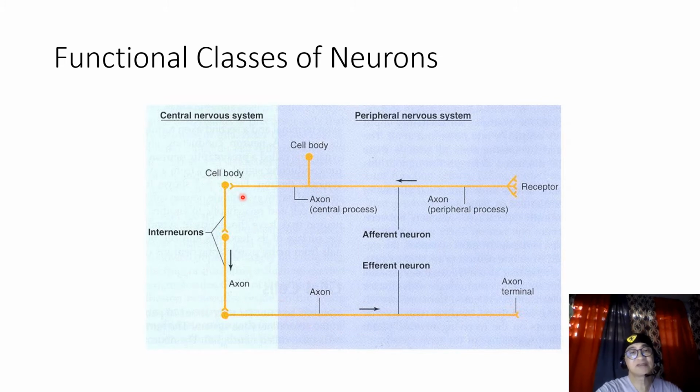And then finally, you have the interneurons in the central nervous system. They lie mostly in the central nervous system. The interneurons make up 99% of all neurons in the nervous system. And they form specialized circuits that integrate all the sensory information coming from the afferent neurons and then generate signals and commands that they transmit back to the efferent neurons. Many reflexes are formed by an array of afferent neurons, interneurons, and efferent neurons.